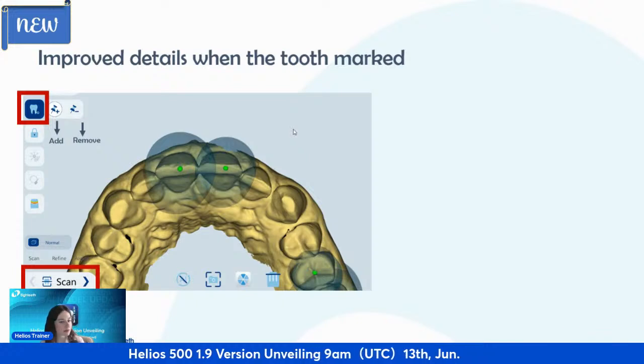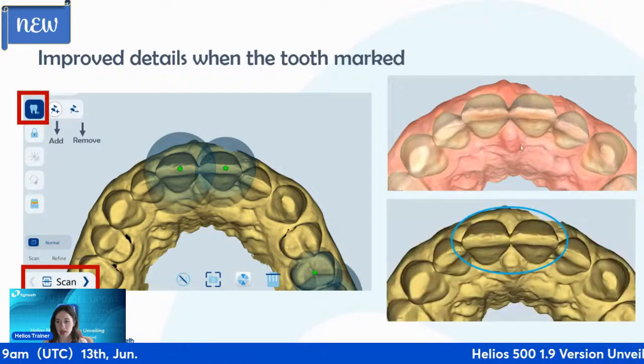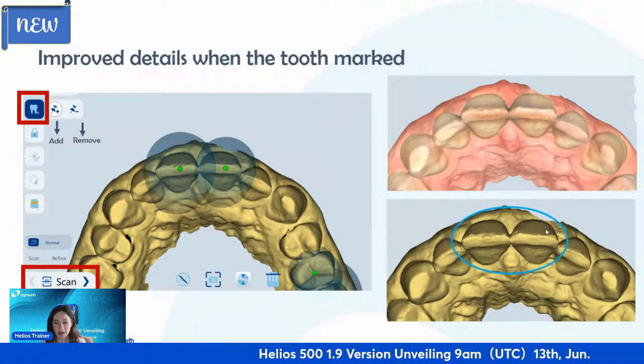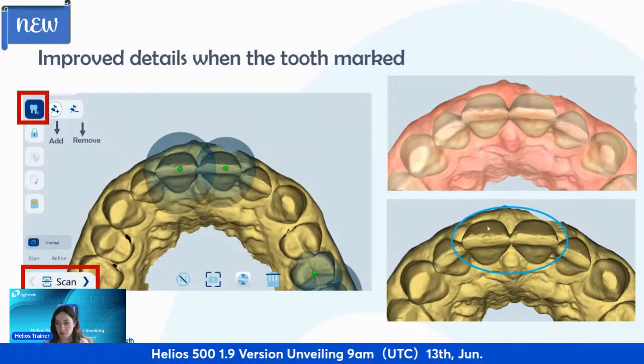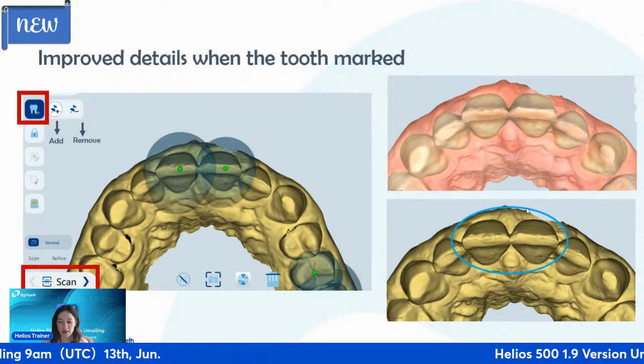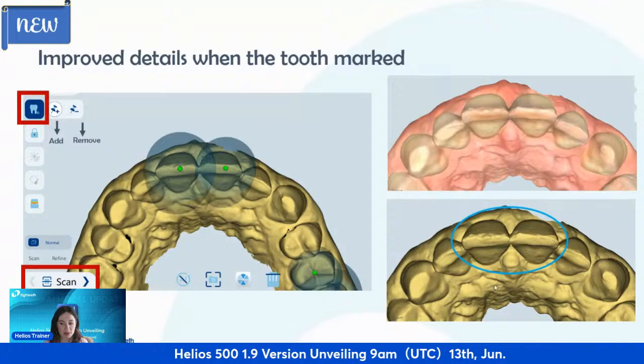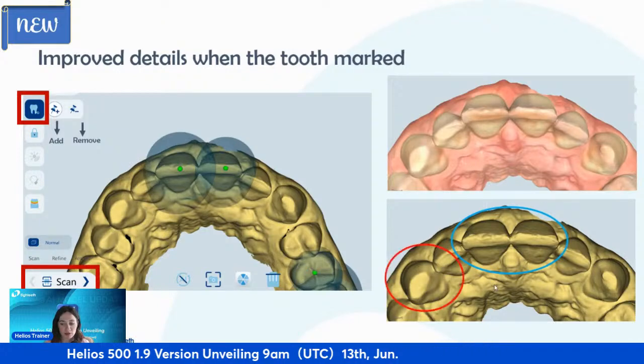Let me show you the difference. You are going to see the colorful file and the monochromatic file. After the refine phase, you will see in the blue circle, this is not software. In the software, it will automatically be high resolution. It will be rendering. Maybe you will see better if you check the red circle and the blue circle